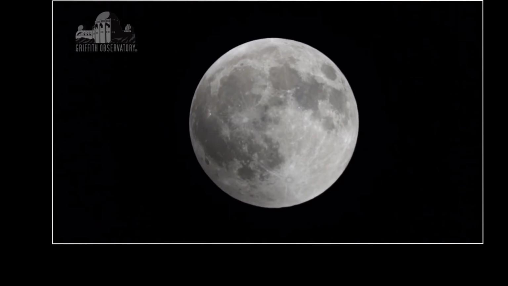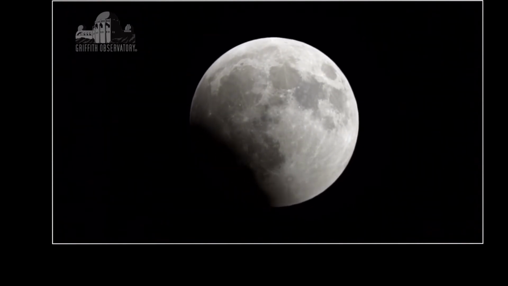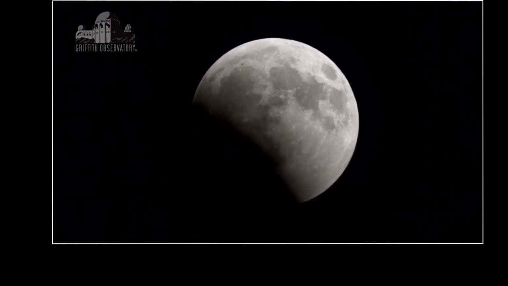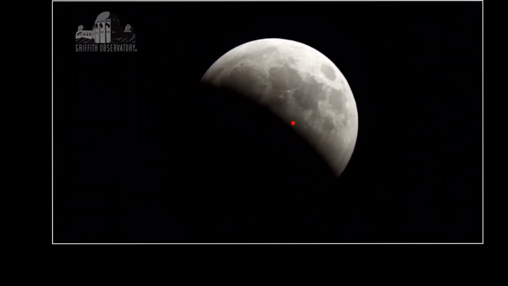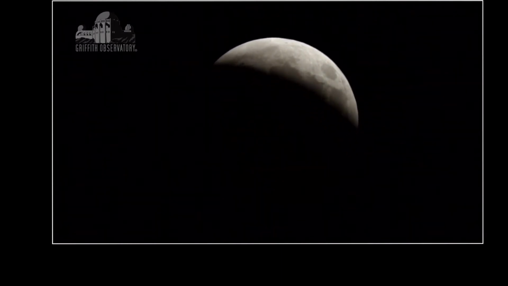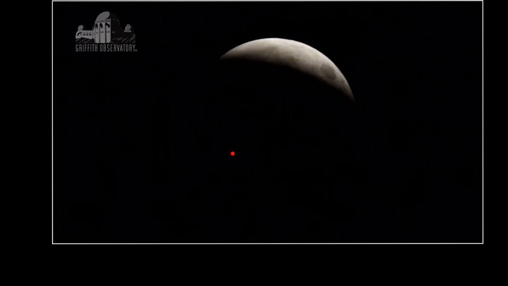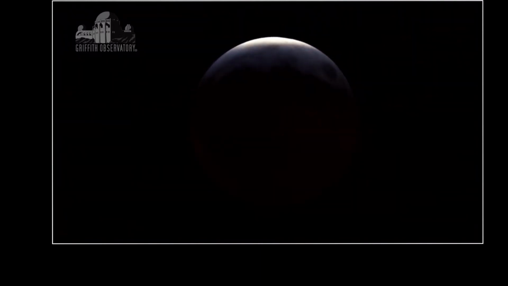This is about a 4.5-hour event that is time-lapse, so the 4.5 hours have been condensed down to 1 minute. So as you can see here, this is the shadow of the Earth. The moon is passing through the shadow of the Earth, completely encompassing it. And so now, as the moon passes into the shadow,